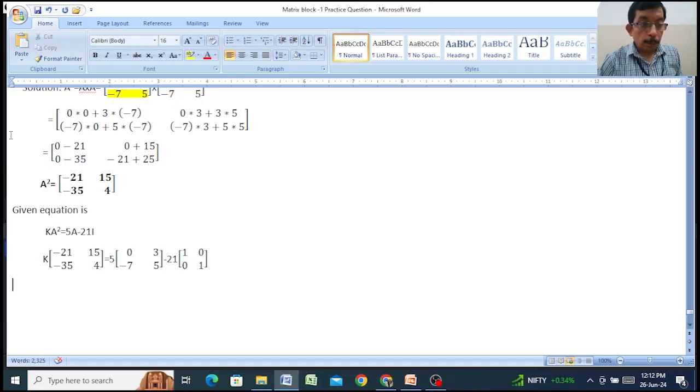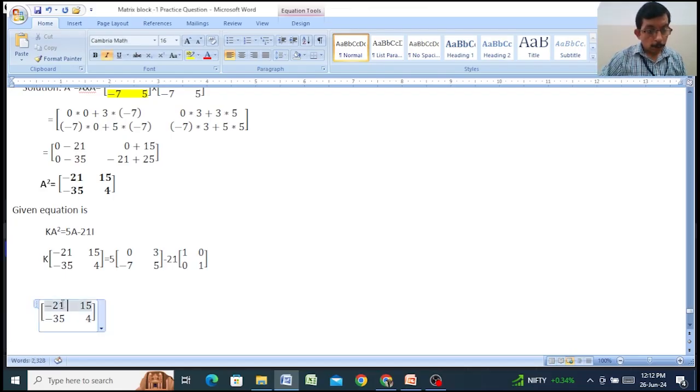Now first we simplify. K is the scalar quantity, multiplied by each element of the given matrix. K times minus 21, 15k, k is the scalar quantity multiplied by each element, minus 35k, 4k